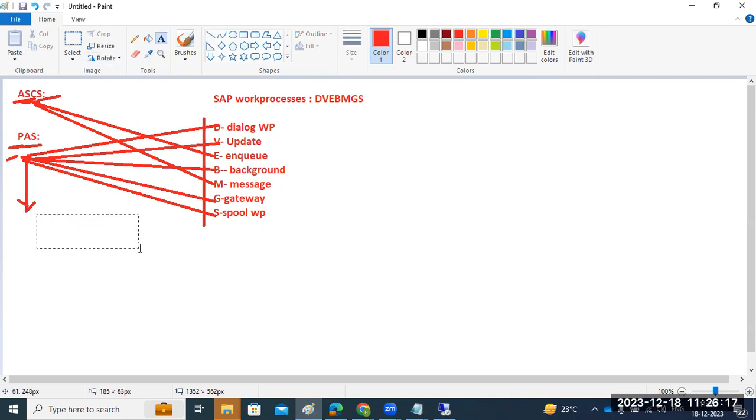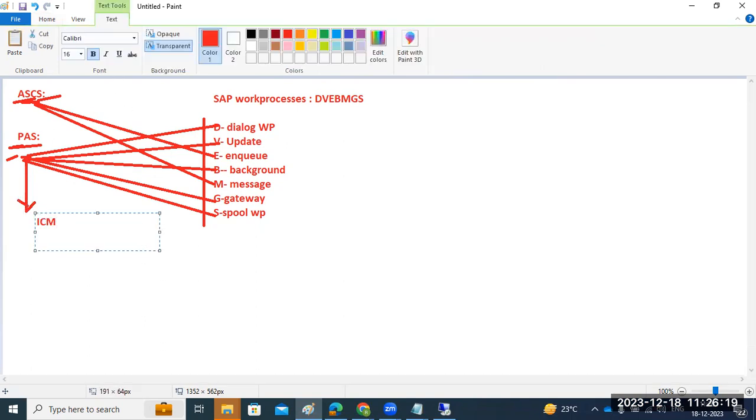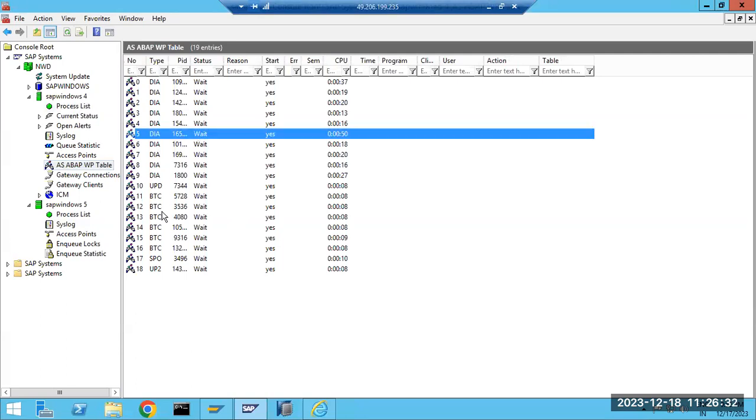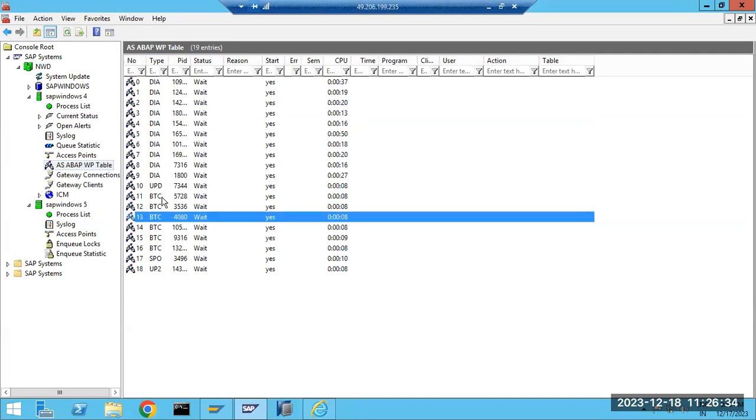One is the ICM process. The second one is the dispatcher. The third one is the IGS. So these three will additionally run only on the application server. It is running here, so dialog many, BTC many. Why? Because here